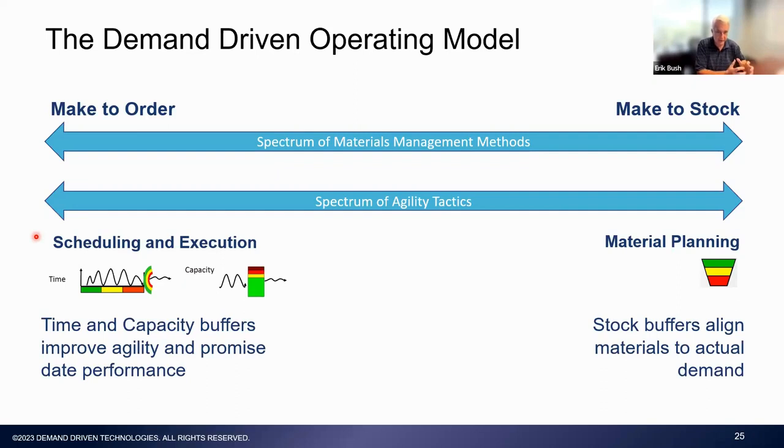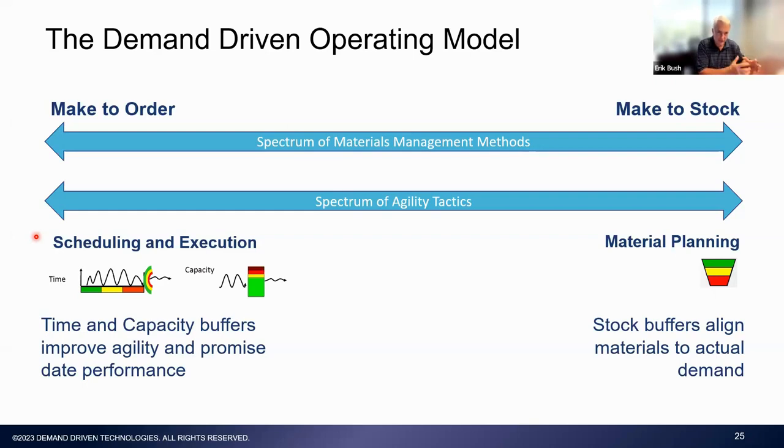So we're going to think about how we can insert time and capacity buffers within that scheduling and production environment to give us the greatest odds of success at reaching the client's promise state and request states. We'll talk about how we interpret those and configure those to protect ourselves. It's going to have a lot to do with the variations we experience in that environment. It's going to have a lot to do with ensuring that our standards are correct on things like run rates and setup times and the like.